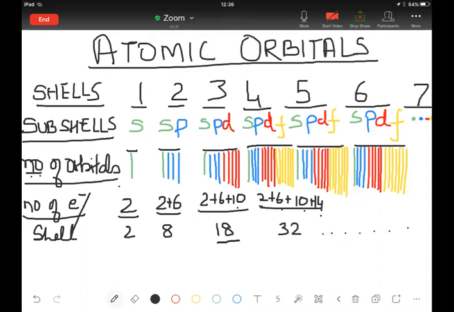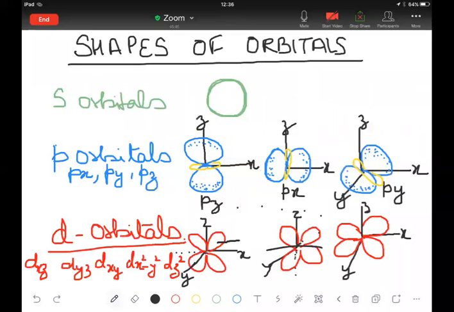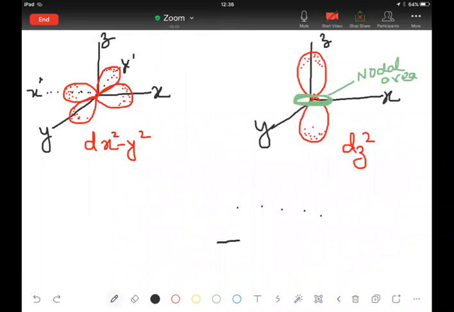Now let us go to another slide where we are going to discuss the shapes of the atomic orbitals. In this case, the d orbitals I have already explained. Here also I have taken that, and this is what we have done for dx square y square. This is along the axis. You can see this is along the axis, and here you have this area. This should not have been there, but this nodal area should have been applicable for the p orbital. So this is the region where electron density is there. So this is one aspect.